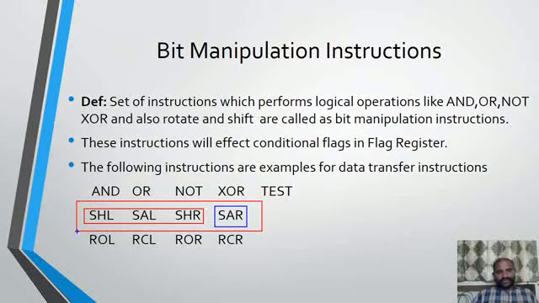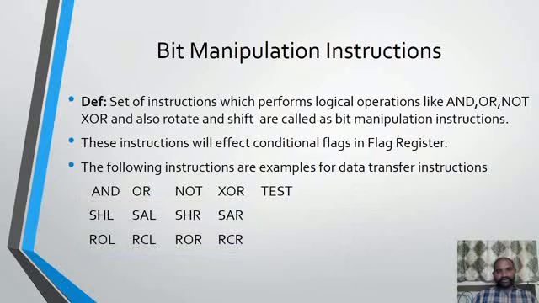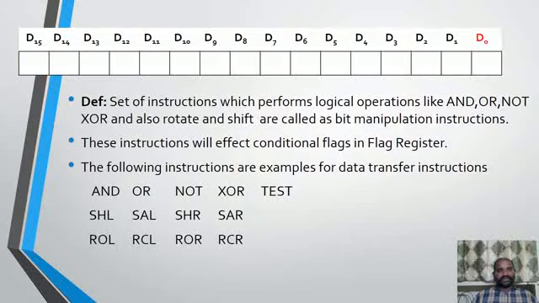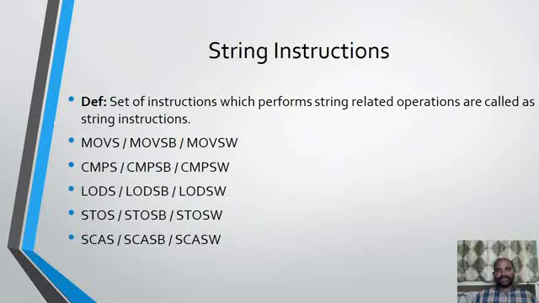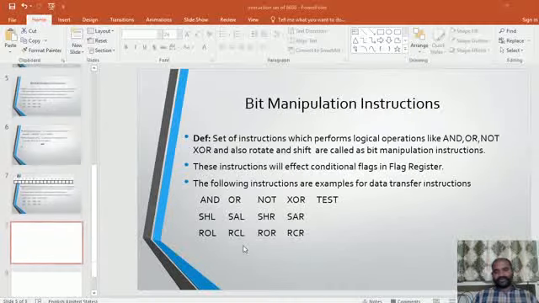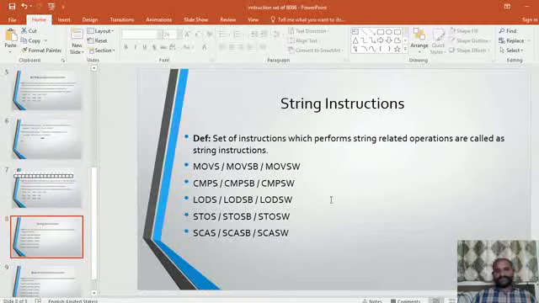After that, we are having the rotate instructions. So rotate left, rotate left through carry, rotate right, rotate right through carry. Okay. So these are the bit manipulation instructions which we have seen as a part of the instruction set in 8086 microprocessor. Now let us see another kind of instructions which are nothing but the string instructions. Let me check the time. 6:34. So we'll see the string instructions in the next class, because the time is up. We'll continue in the next class with the string instructions and other instructions.